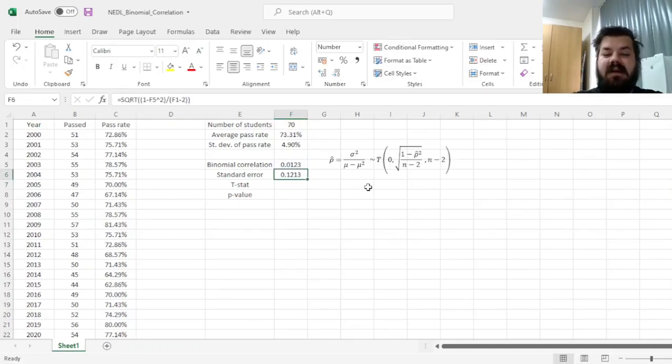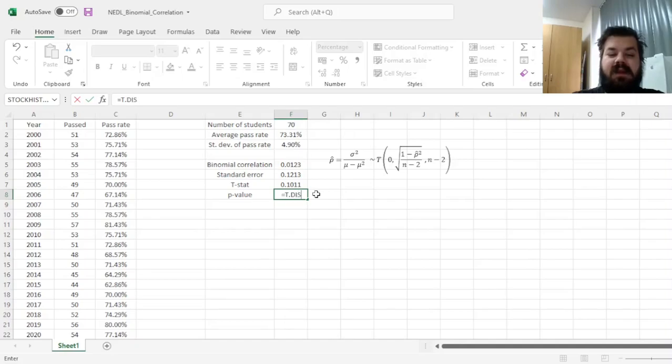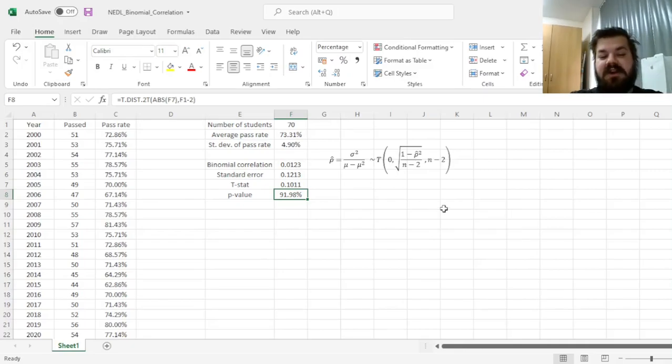And we get a standard error of 0.12, which gives a t-stat of around 0.10, which is a very low t-stat, but we can confirm that the result is statistically insignificant by plugging it into a two-tailed t-distribution, inputting the absolute value of the t-stat, and n minus 2 again as the degrees of freedom, giving us a p-value of 92%, which is way above conventional confidence intervals of 10%, 5% to 1%, which renders our estimator insignificant, meaning that